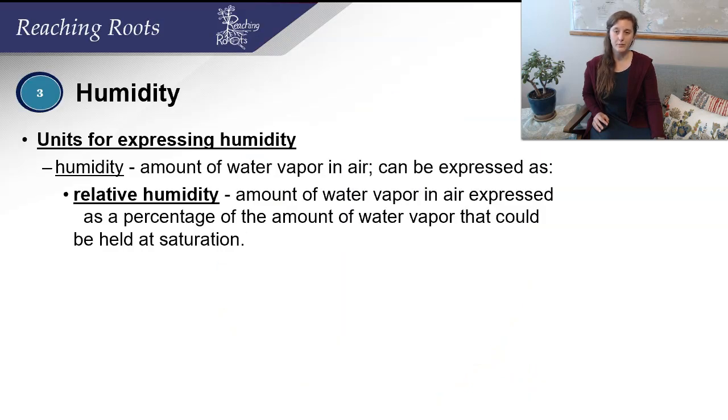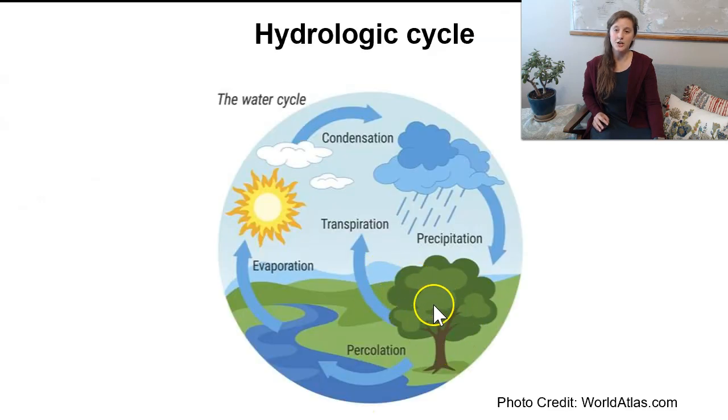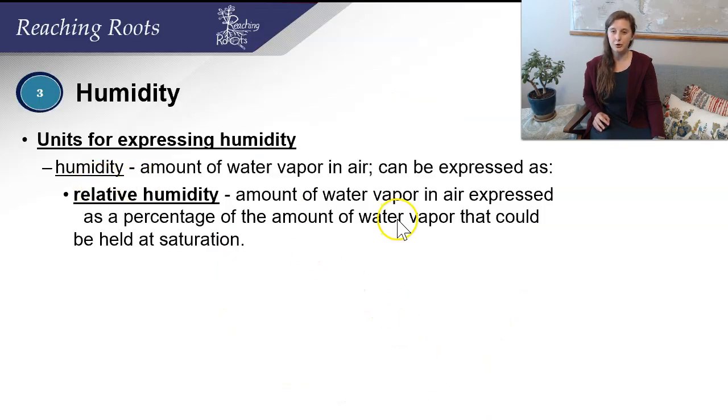Humidity also affects plant growth because it affects how fast transpiration in plants happens. If transpiration is too high and there's not enough water in the ground, the plants can run into huge issues such as water stress and even death. If it's really humid, plants do not use as much water because the water isn't evaporating as much. The inverse of that, if it's very dry out, plants are going to lose water